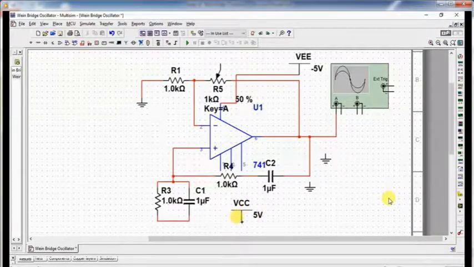This is always connected to pin number 7 of the operational amplifier.